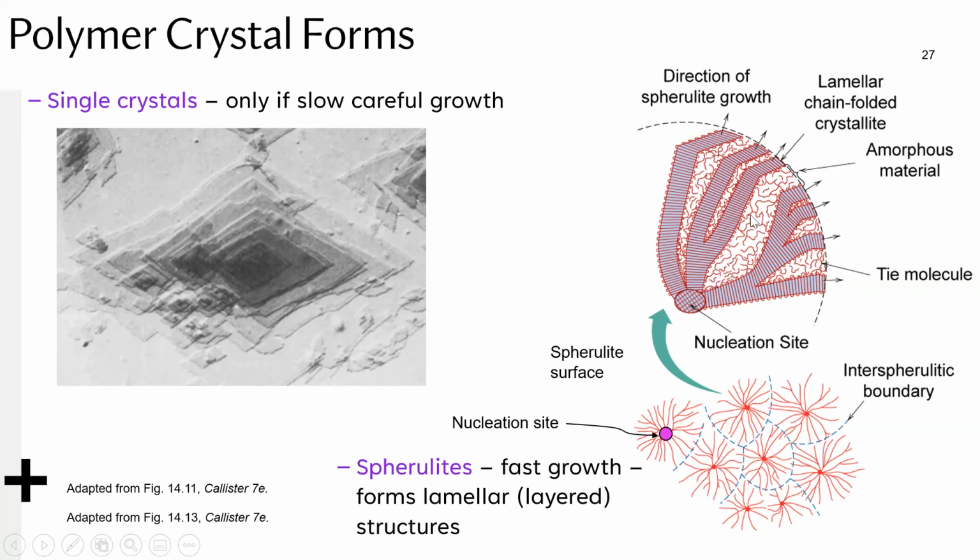Unfortunately, they cannot occupy the entire region, so there are going to be some branches, and there's going to be some tie molecules of amorphous material, and then these nucleation sites somehow reach each other in the middle, which is the boundary of these grains. And each of these we call a spherulite grain, which starts from its center, from the nucleation site, branching all the way to the boundaries. Okay, so